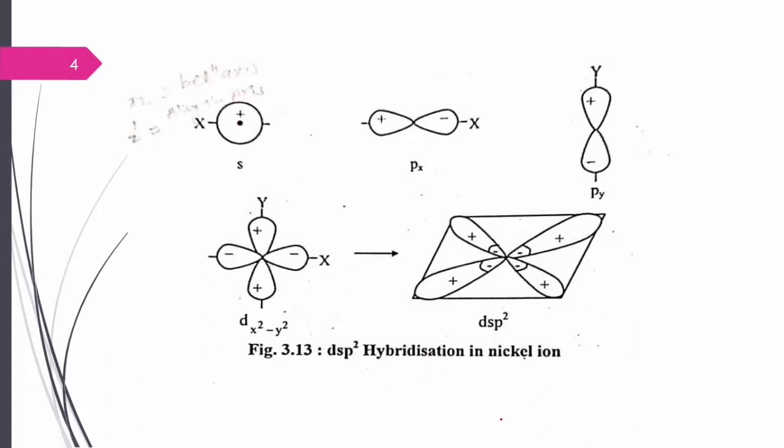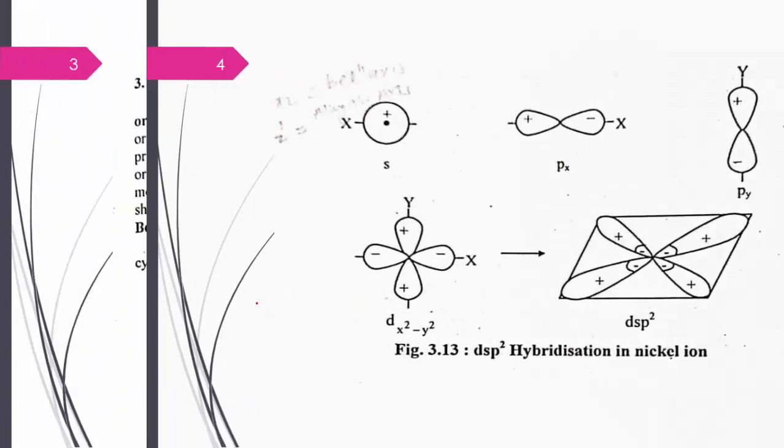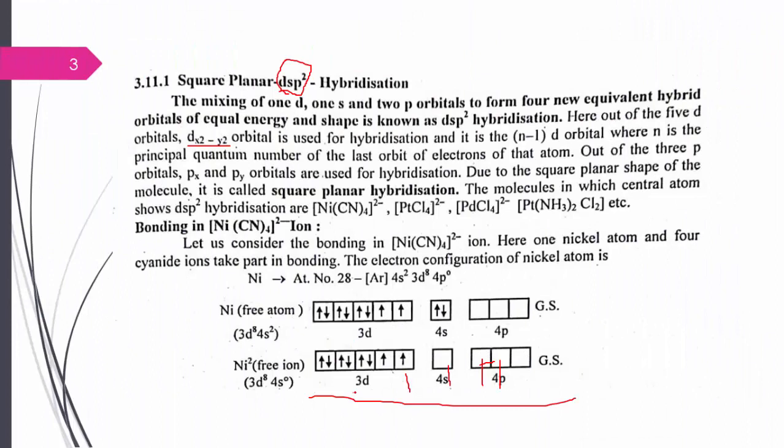Now see, as I told you, this is the 4s orbital, here the 4px orbital, the 4py orbital, and this is the 3d orbital, which we previously saw is an inner orbital. Here the shell is the third shell, here the shell is the fourth shell. Therefore the (n-1)d orbital is used. Actually the two d electrons are unpaired, but when the ligand comes closest to the central atom, suddenly this unpaired electron becomes paired and the d orbital becomes vacant.